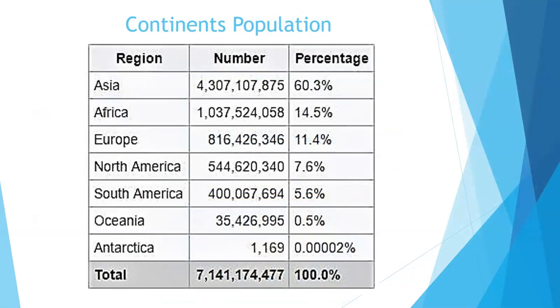Now, if we look at the population of the different continents, we will see the numbers here. This is a good way for you to practice your maths with percentages and numbers. So social studies doesn't just have facts, it also sometimes has numbers that you can work with mathematically. Here we can read this number: Asia has the highest percentage of population, 60.3%, and their population is